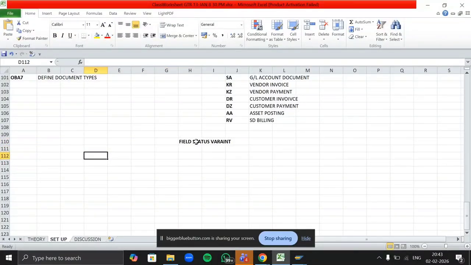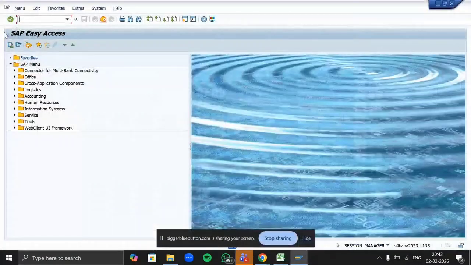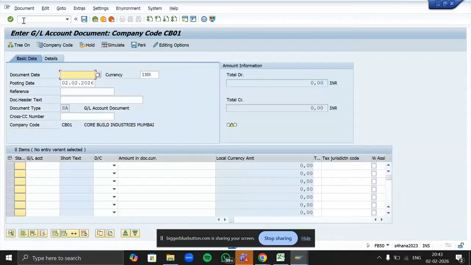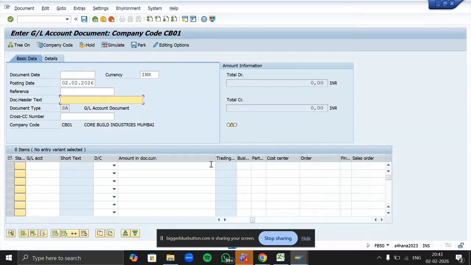Okay, so let me show you how these fields look. So let's say we were posting one expense transaction in FB50. So this reference is a field, document header text is a field, right? Then here mentioning your tax code is a field. Here, to define whether it's IGST, CGST, that is also a field.